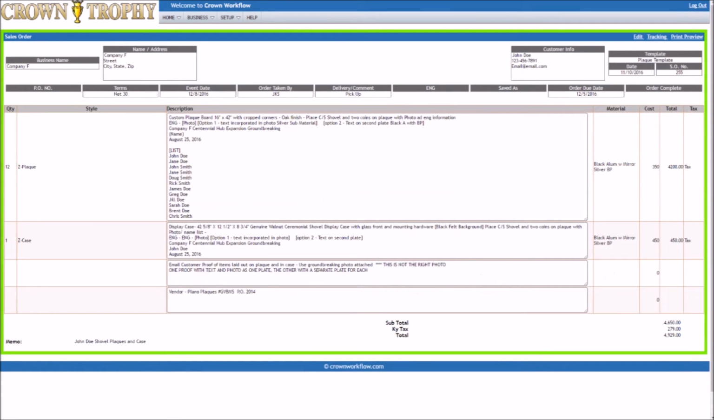As you can see, there's quite a bit here. They're having some custom plaques made with a list of names on it, 12 of them, and also they're having a case done as well. This is for a groundbreaking ceremony. There's a lot to this order, so Assembly prints it out and has a copy on hand at all times